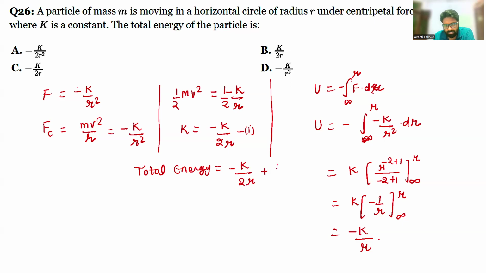minus k upon r. So when you are talking about the delta U, this minus must vanish because we are calculating it from infinity. So infinity to r, infinity plus 0, and at r it has some value. So that is why we can take it positive. When you do so here, the minus will vanish and this minus and minus will be plus